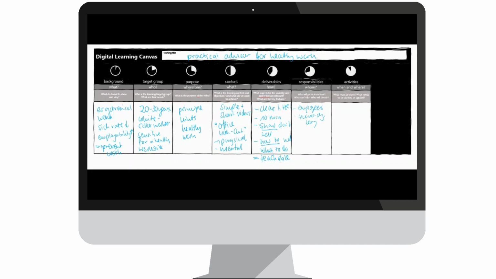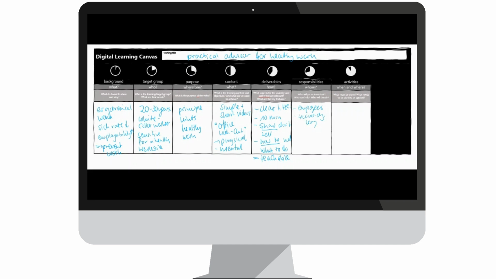So they support the people by producing the video. They are also responsible for the internal platform and also give the framework of the practical advice for healthy work. And the trainers of digital learning also add, for example, the corporate identity on the videos, and they take care of the operation of the project. So in the beginning, he or she is going to have a lot to do, but over time, the people socialize with the digital media and they need less support. So it's important for the trainer that he gives help for self-help. And this is not only important to have less work, it's also important for the organizational change.